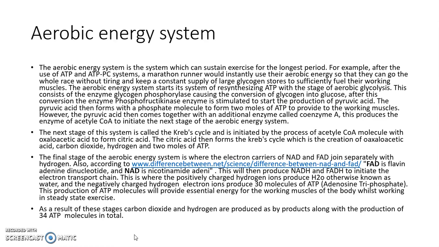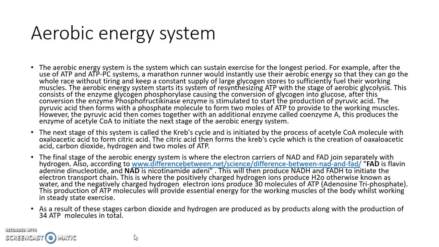The next stage of the system is called the Krebs cycle, and this is initiated by the acetyl-CoA molecule combining with L-oxalacetic acid to form citric acid. Citric acid then forms the Krebs cycle, which is the creation of L-oxalacetic acid, carbon dioxide, hydrogen, and 2 moles of ATP. The final stage of the aerobic energy system is where the electron carriers NAD and FAD join